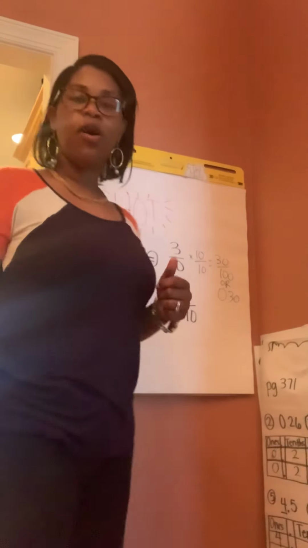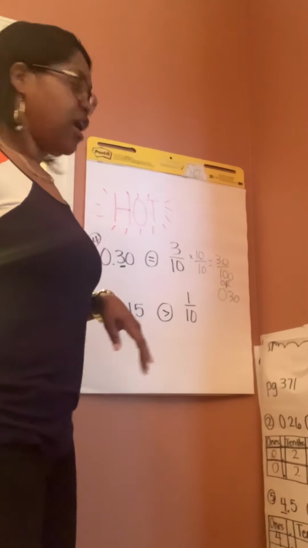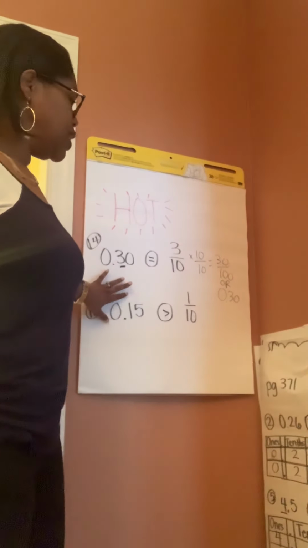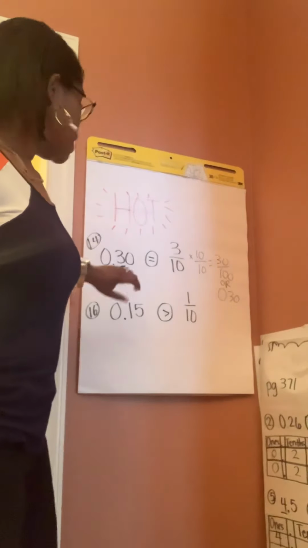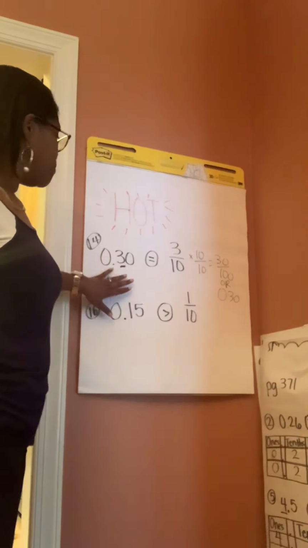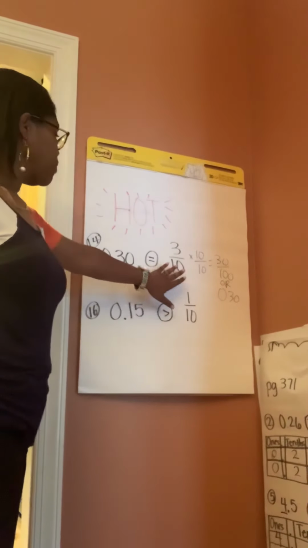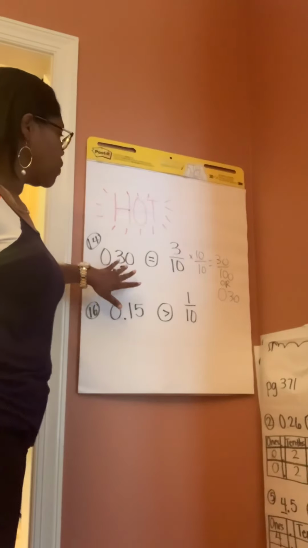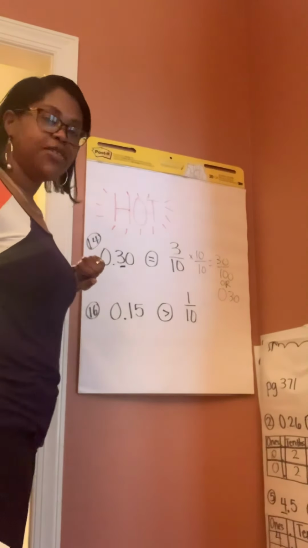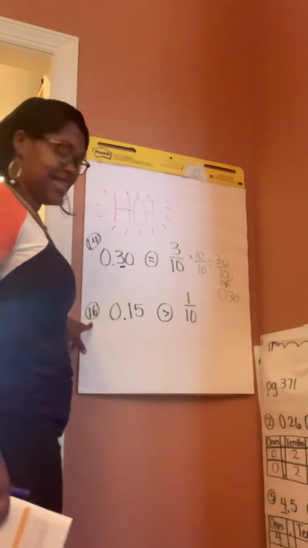Okay, boys and girls, we are back with part 2 of our video for today, and we are still working on comparing decimals. We stopped on number 14, and you notice that 3/10 is equal to 3/10, or 30 hundredths is equal to 30 hundredths, equal. That brings us to number 16,